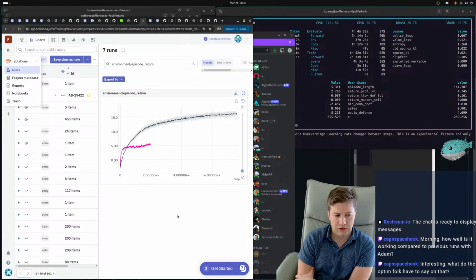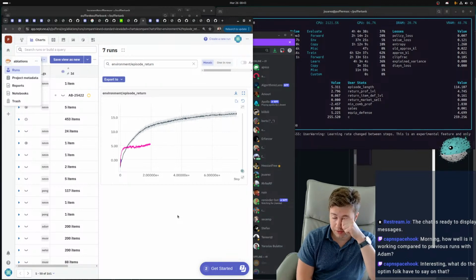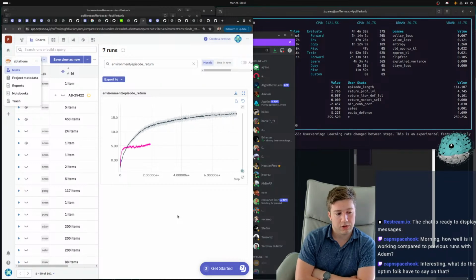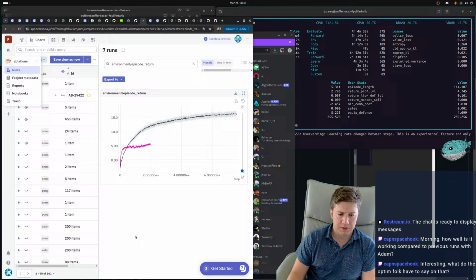So I think what we're going to do today then, I have a couple of environments to play with that I need to start getting some more results on with Puffer. And then I just want to play around with P30 with the new optimizer stuff to see if it makes it work better now. Because it should be a lot easier to experiment now that the hyperparameters should be a fair bit more robust. We should be able to make some progress. And then in the meantime, these experiments will run in the background.